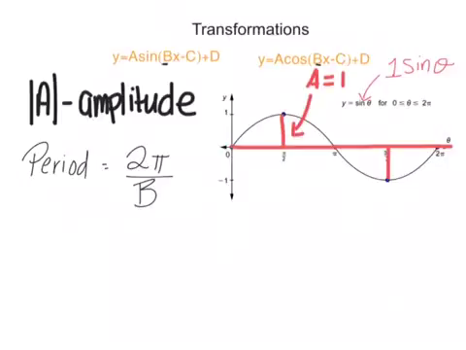The next thing we have to talk about is whether or not our graph gets shifted left or right, and we talked about that a little bit with the connection between the sine and the cosine graph. The horizontal shift, when we talk about sine and cosine and periodic functions, is called the phase